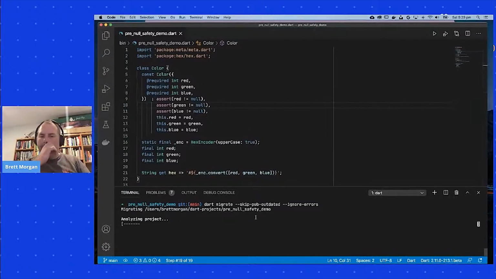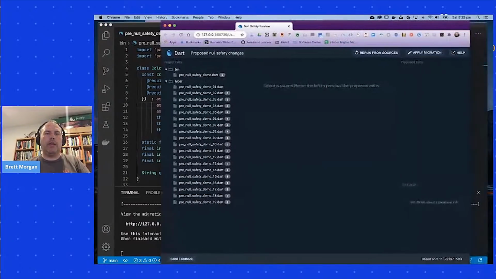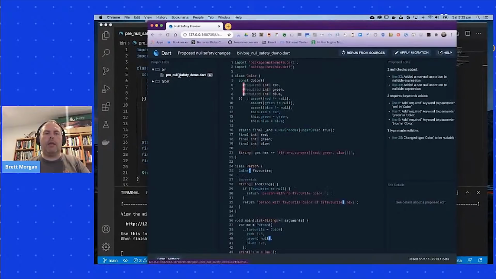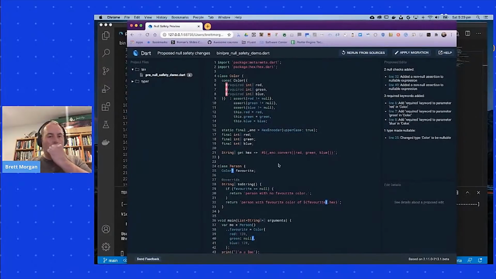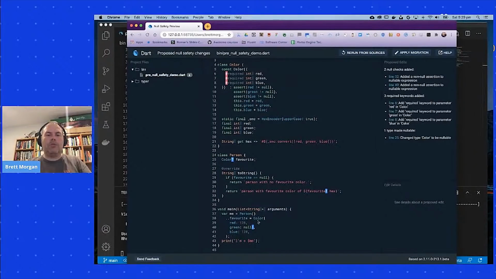And it will have a look at the project, found a bunch of stuff that was broken. But if I click on this and I drag this window down, I'll just hide my little thing. Now we can see what we have here is an in-browser tool that is showing us the code of our code, but it's gone, okay, these red, green, and blue fields, you're actually trying to make them non-null. So I'll just strip the @ signs. And this favorite, you're actually dealing with it as if it's null. So it's obviously optional. But when you get to here, we'll insert the bang. As we saw earlier, that's not a complete solution, but it's a quick solution. Also, amusingly, it's added a bang operator to this null to make all the types work. This tool is obviously not meant to do all the work of porting, but it gets you to the point where you have code that compiles and you can start looking at it and going, okay,